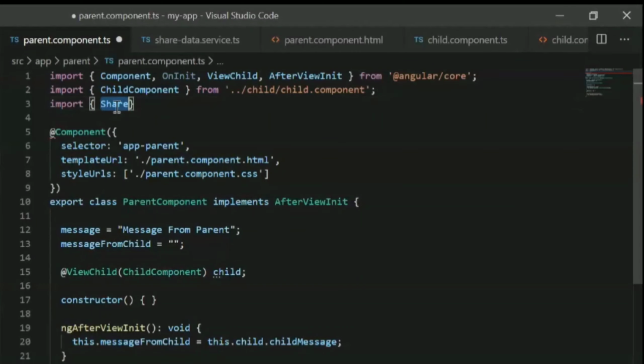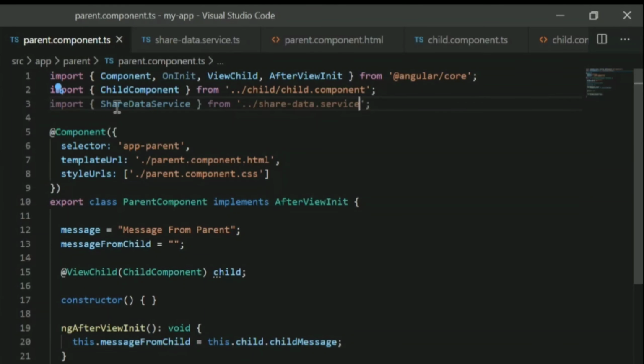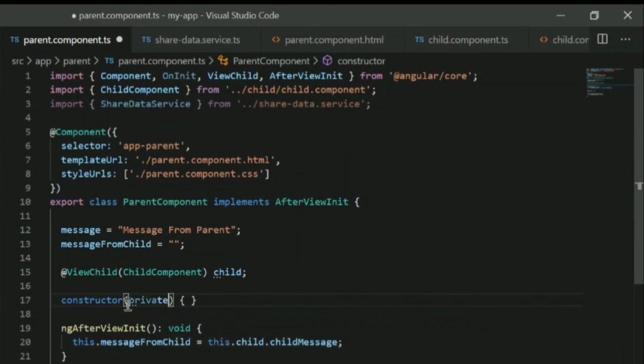Next step is to go to your parent component and first import your service and also inject that service into your parent component constructor.